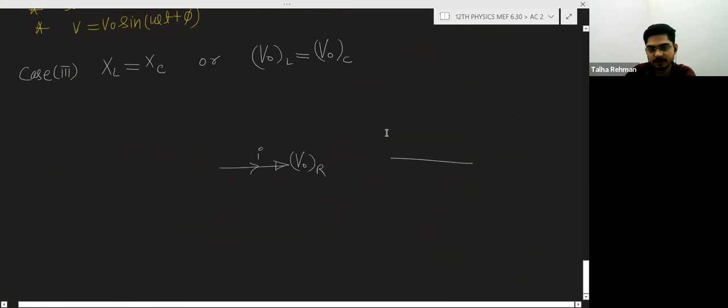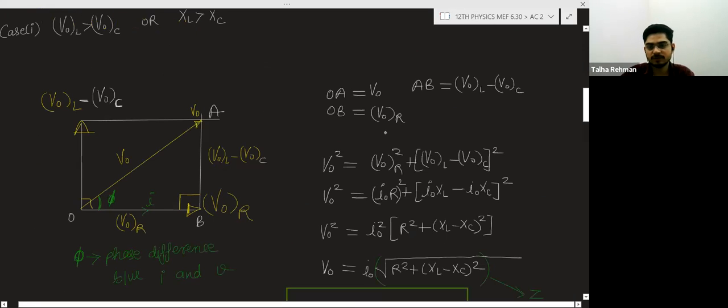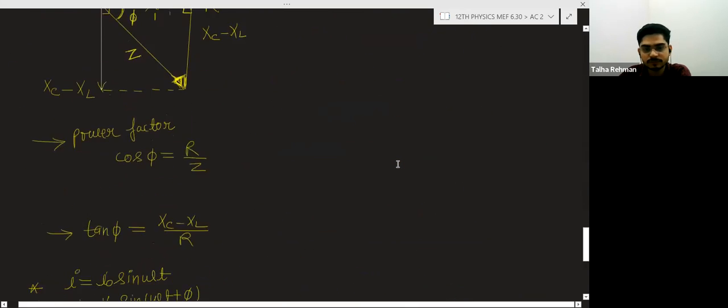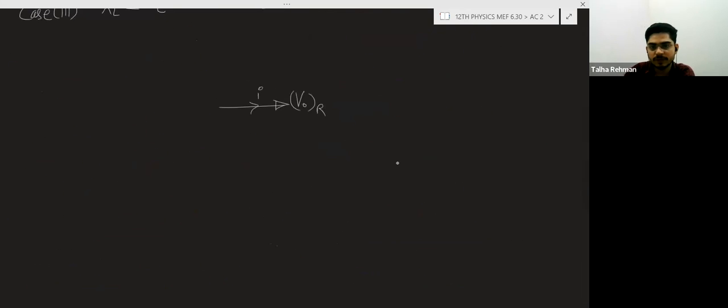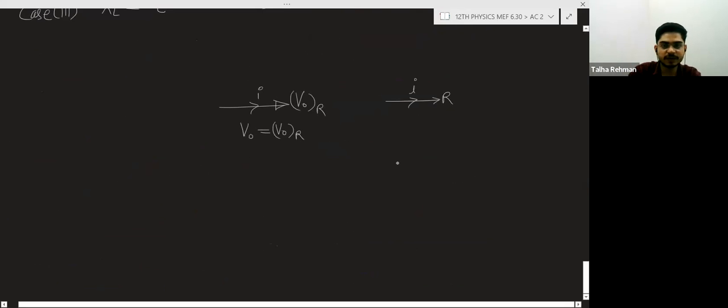Here will be the current like this, I and R you will get. So here the resultant voltage of the circuit will become V naught R. Here the resultant impedance of the circuit will become